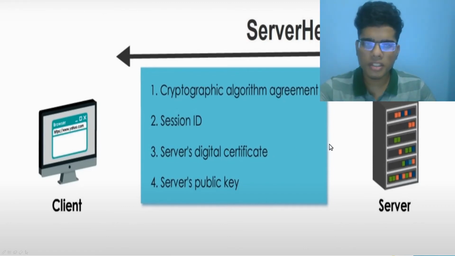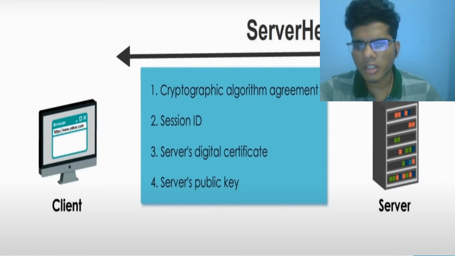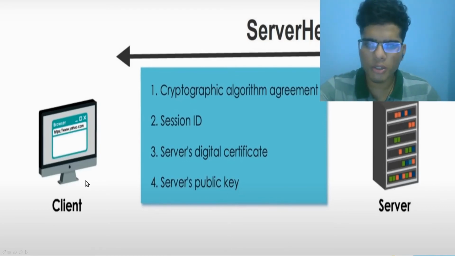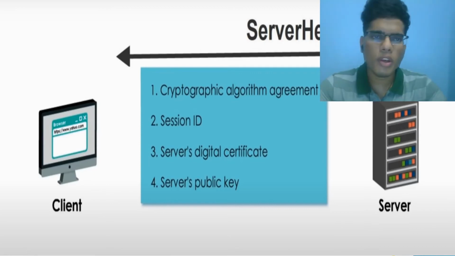And the third important thing is that the server sends a digital certificate belonging to the server, which is used to uniquely identify the server. A digital certificate is nothing but a highly valuable file which has a few contents which can identify the server with its IP address as well as DNS naming. And fourth is the server's public key. The server sends the public key to the client in order to start up a communication in which the symmetric keys can be exchanged. Why do we need this?